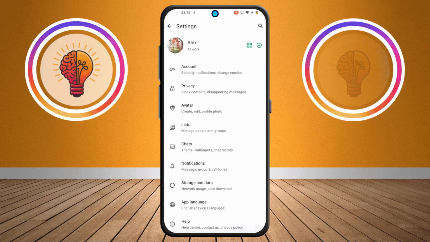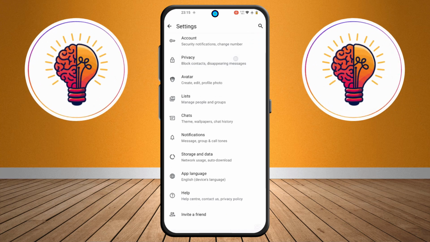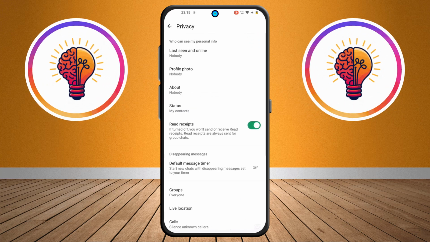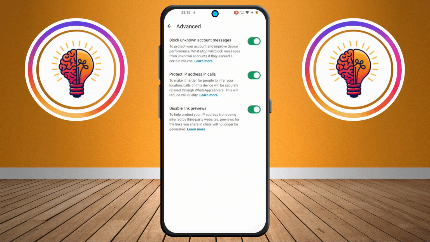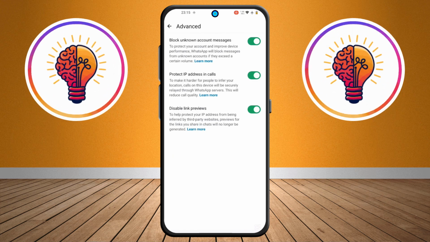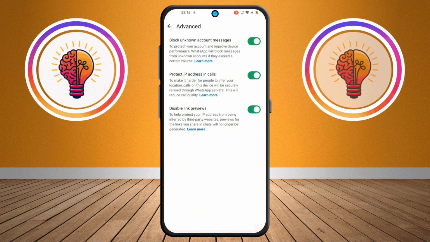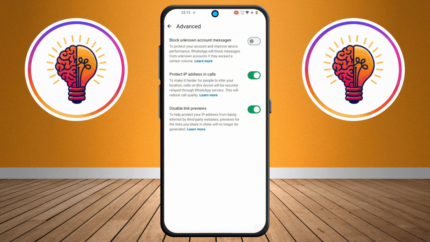Step 4. Now, locate the Privacy option and tap on it. Step 5. Next, scroll down to locate the Advanced option and tap on it. Unfortunately, Block Unknown Account Messages is turned on. Step 6. For the last and most important step, select the Block Unknown Account Messages option to turn it off